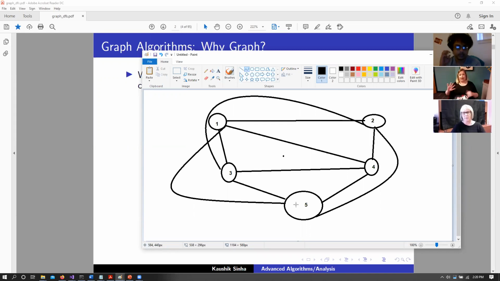Do you agree that I cannot color this particular complete graph with 4 colors? I would need 5 colors, because every node is a neighbor of every other node, and there are 5 nodes, and so we need 5 different colors. Perfect.